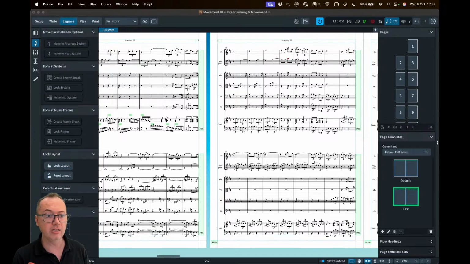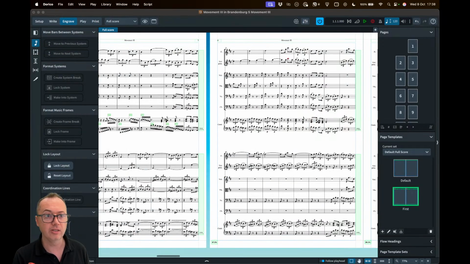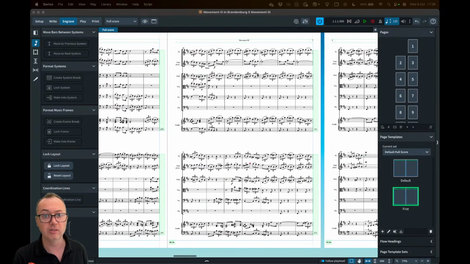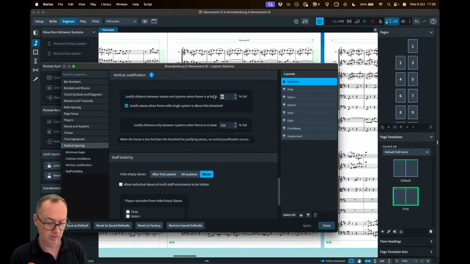So what it's actually doing, it's spreading out the staves and the systems. So the two systems now meet the bottom and top of the page, and these staves can all spread themselves out slightly if they want to be more generous with the spacing to fill the space a bit more. If you don't want that option, so if we put that to 100 and we put this one to 80,